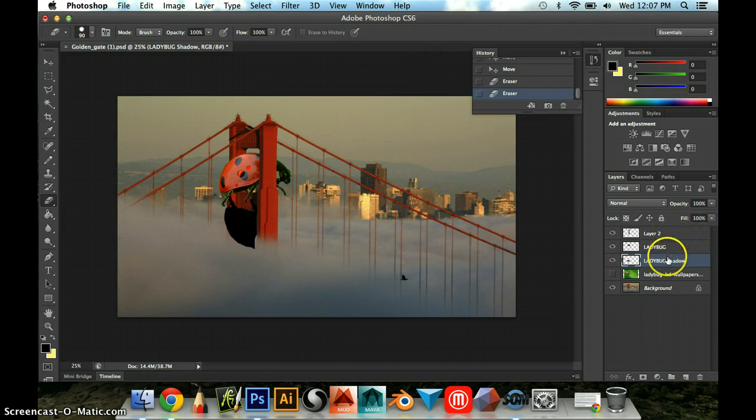It might also be helpful to make this layer a little bit transparent by changing the opacity, so I can actually see where it's going to be hitting the bridge. That's actually really helpful. So I'm going to just continue erasing away here. And then